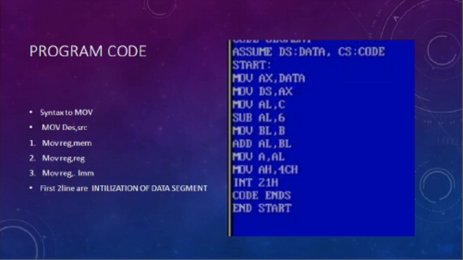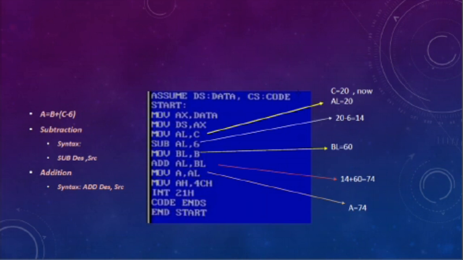Next, we'll proceed to the next part of the program. Here we can see MOV AL comma C. Here C is the variable. During the execution, A equals B plus C minus 6 is the operation we have to perform, and we have already seen that the B value was 60 and the C value was 20, which was assigned in the data segment.